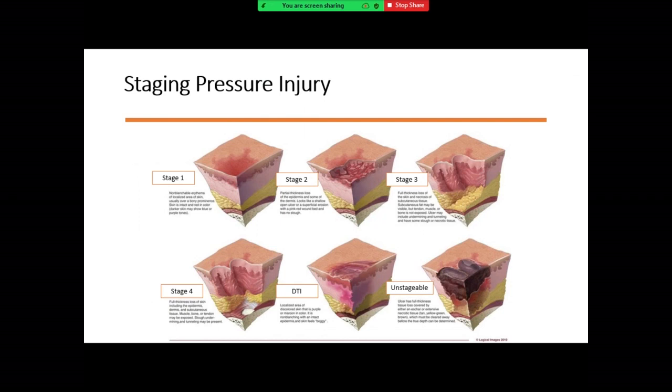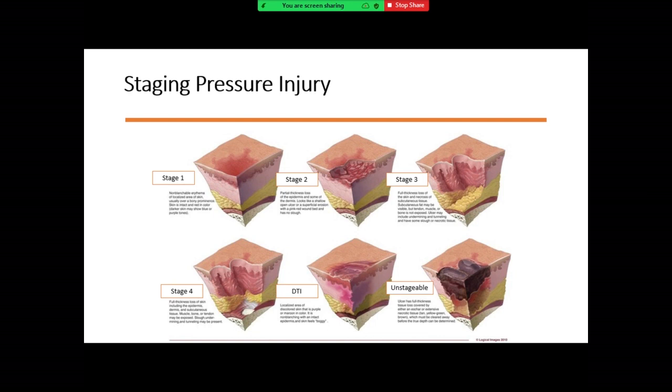So there are different stages of pressure injuries. The first stage, as we saw in the very first picture, is red, non-blanching tissue, but the skin is intact. So if you look at the skin, there is no disruption at all, and the skin is red, and when you push on it, it doesn't turn white. That's a stage 1 pressure injury, and I should clarify, it has to happen over a bony prominence. So if that's somewhere else, not on a bone, it's not a pressure injury. It has to be on a bony prominence, the heel, scapula,